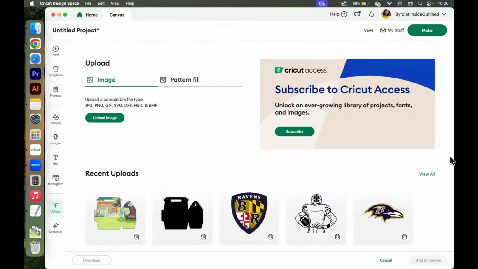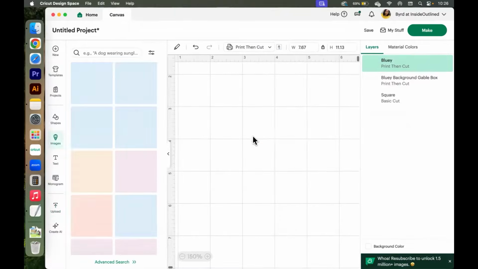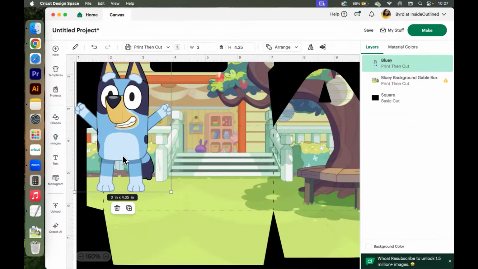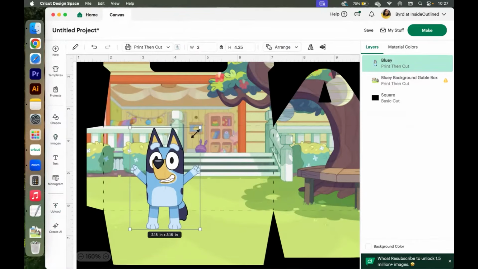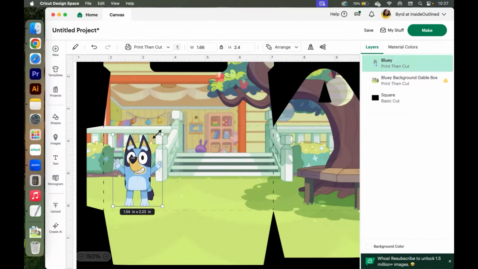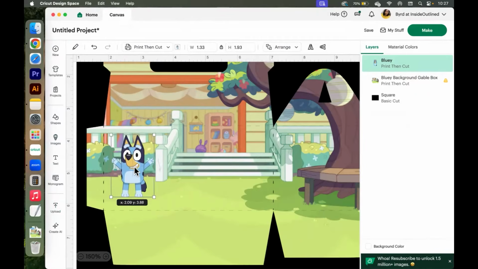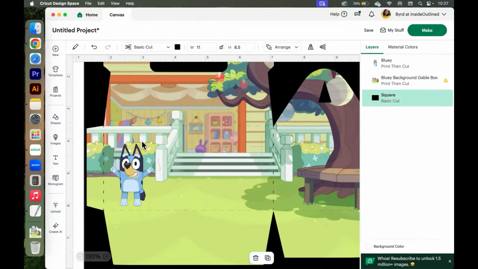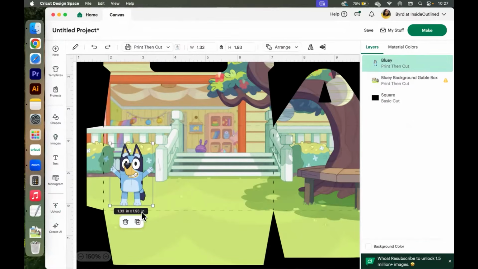So I'm going to take a look and see. Okay, so there's Bluey. He's very large. I'm gonna change his size just a little bit, probably make him a little bit smaller. And from here, that's when I would start designing my box to be how I want it to be. So this box right here is going to cut by itself on a sheet of paper. Bluey and any other characters that you want, you can figure out how you want them to